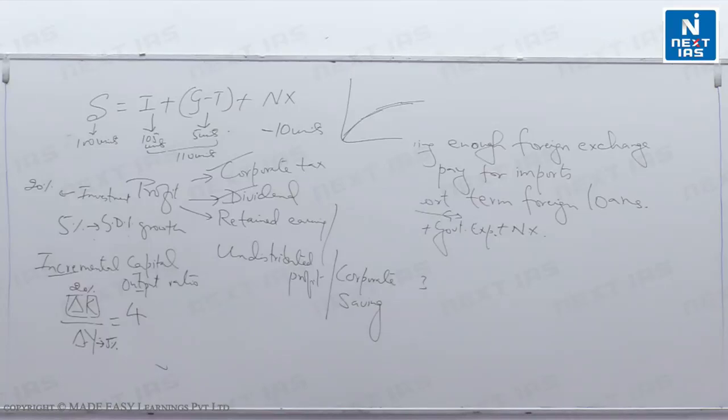Don't think that everything that gives you a capital gain has to be investment. You understand that? Everything that gives you a capital gain is not investment. Investment is addition to capital goods, and capital goods are all those goods which are used for further production of goods and services. All right, so